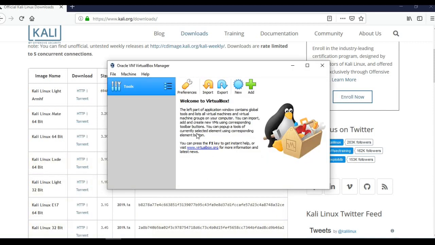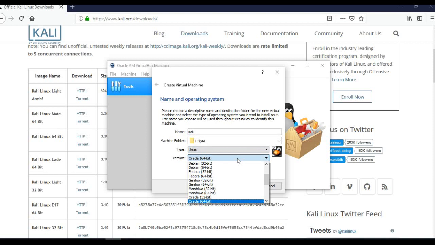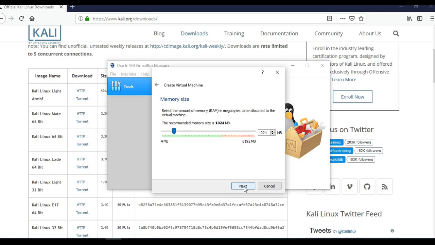So if I go to VirtualBox, I can go to new machine, and here for the name I'll put Kali, and for the type I'll select Linux. In VirtualBox you don't have Kali as an option, but this is almost like Debian, it's based on that architecture. So I use Debian 64, and I'll press next,